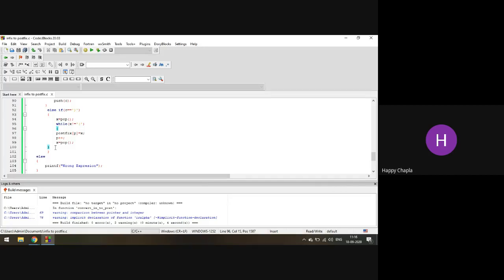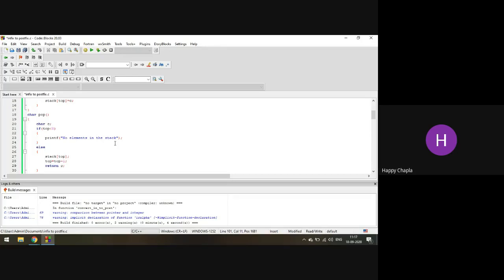Okay. Pop function will do something else other than this. Now go to your pop function one more time. Just wait. Okay. Less than 0, no elements in the stack.